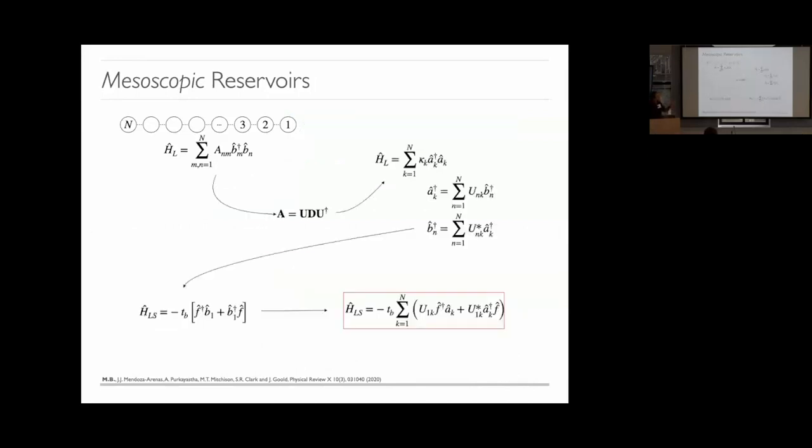But let me take a look at this lead, okay? I'm just going to do a unitary transformation that brings the Hamiltonian of the leads into diagonal form. I don't know what that transformation is, but I'll know that I'll also have to do the same to the interaction Hamiltonian. And what you'll find is that something that acts locally in configuration space is completely delocalized in energy space.